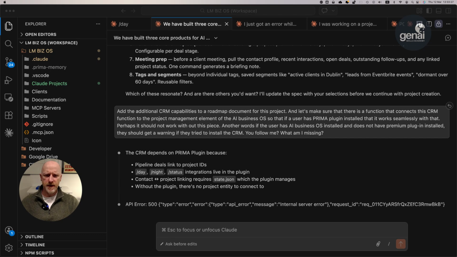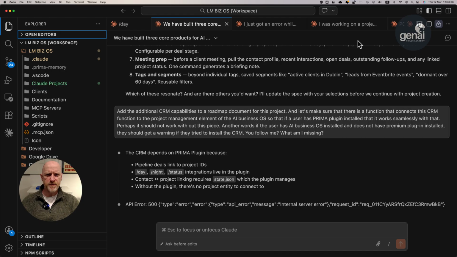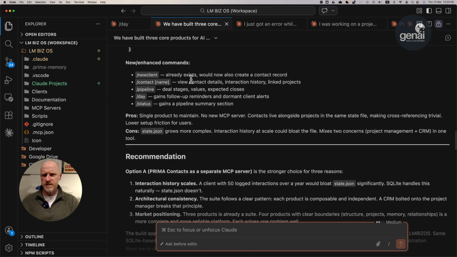So here I am in my VS Code installation, and Claude Code is running. I have a few tabs open here, open editors, so I'm doing a few tasks at the same time. That's what you can do when you're working with Claude Code here. Sometimes I have too many things running, but anyway, here I am. As you can see at the bottom, I'm working on a new project. It's called a